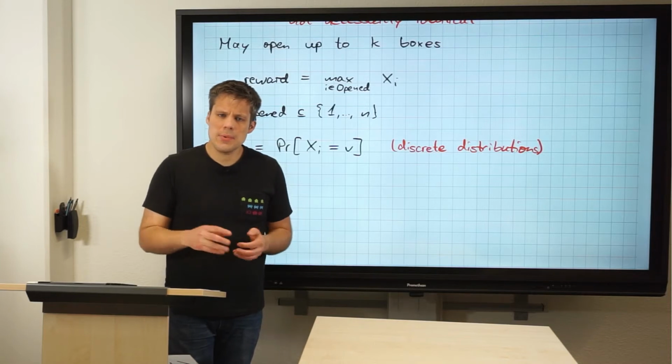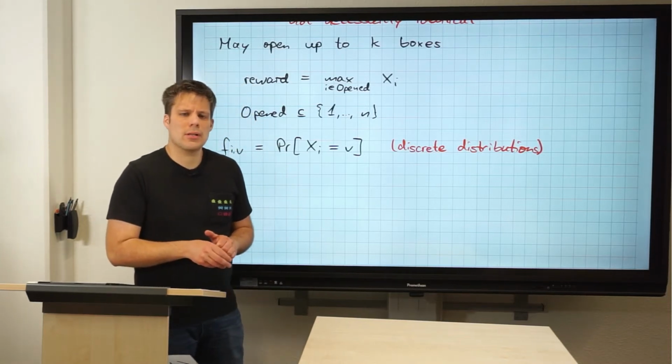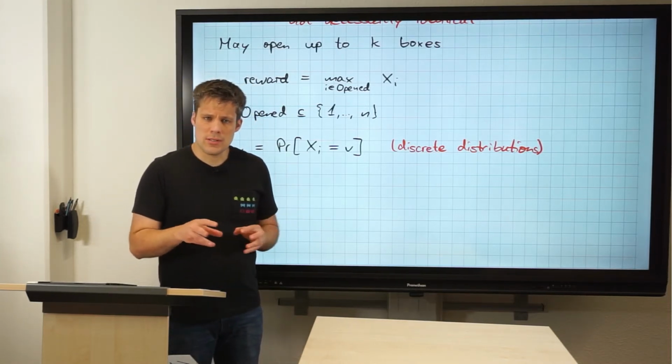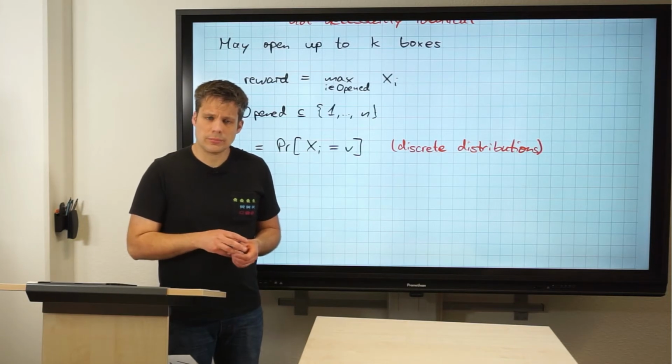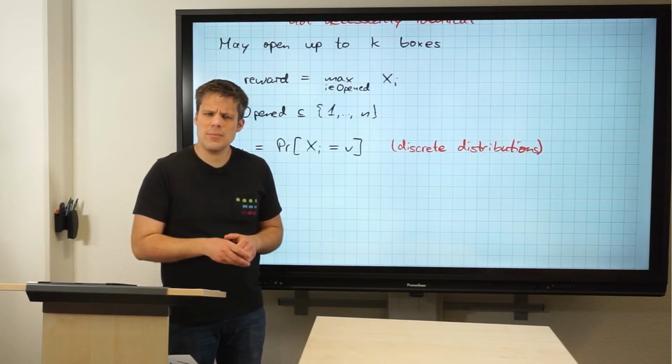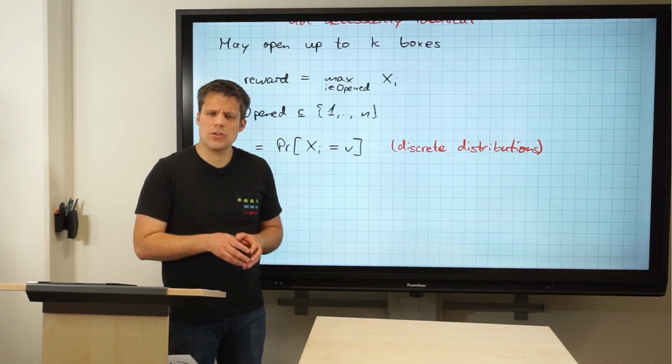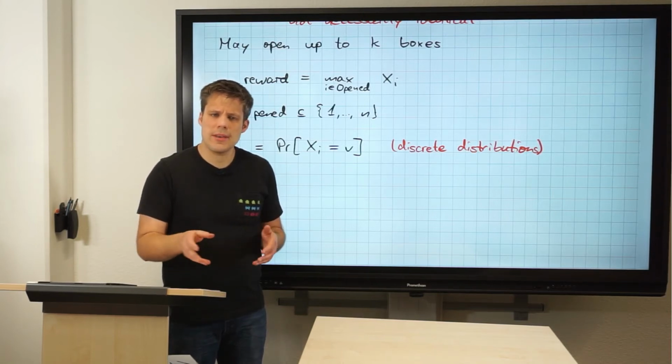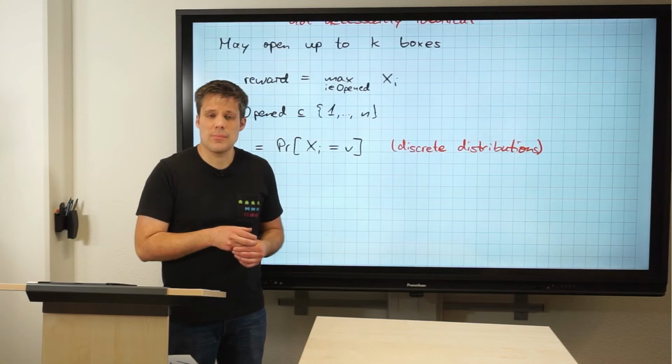For Pandora's box, we had a pretty simple policy, which boxes to open in which order. But this is pretty much different for this problem, although it feels pretty much the same. The only difference is that we are only allowed to open k boxes rather than having a cost associated to opening a box.